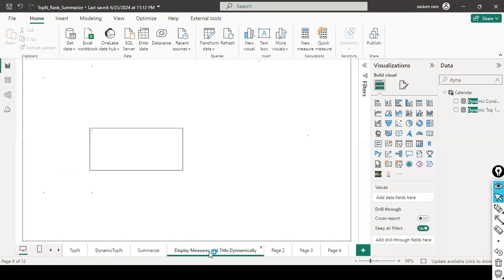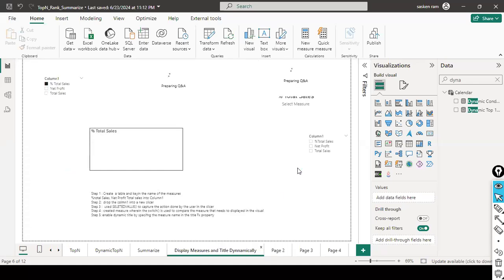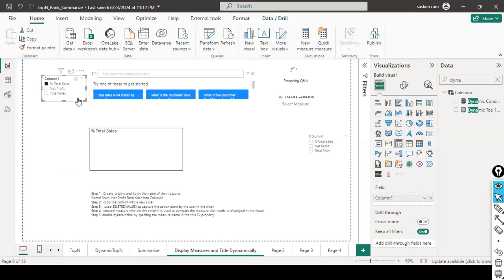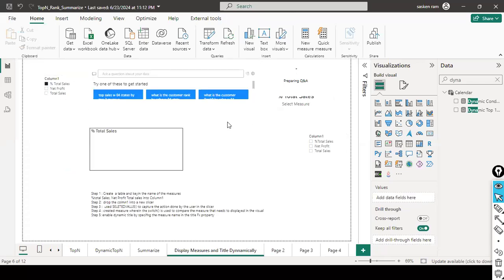And the next one is display measures and title dynamically. Whenever you see this term dynamically, that means you can create a static table. Look here, in this case, how do you interpret my report? For example, if I share this report,